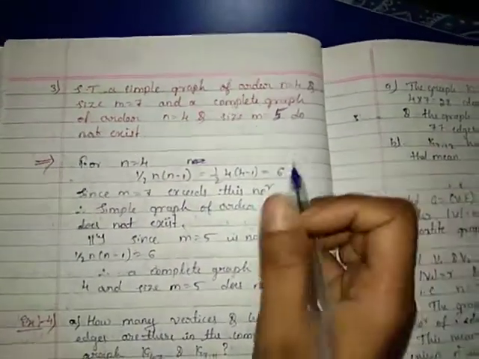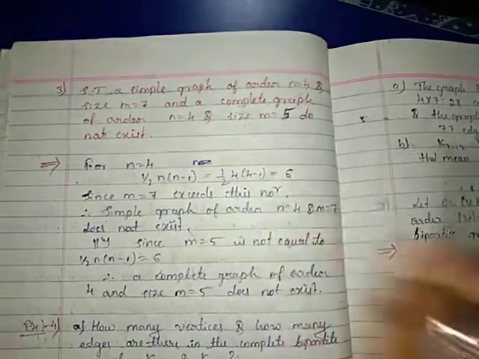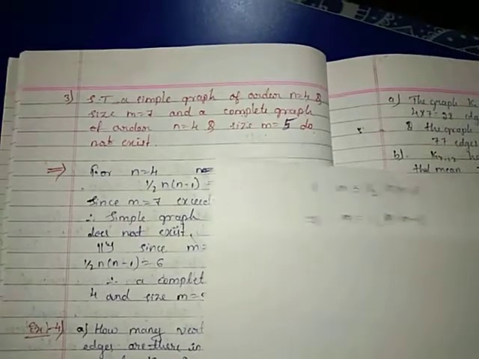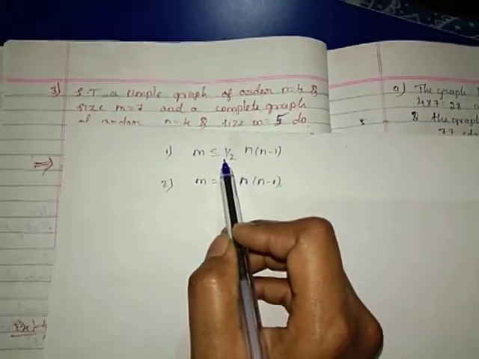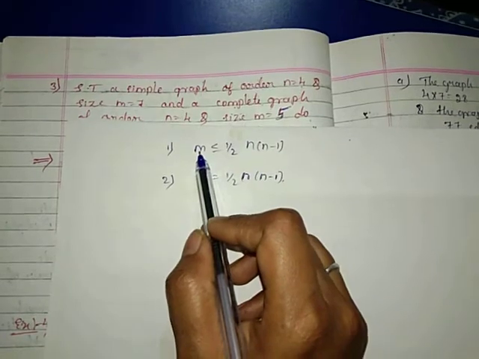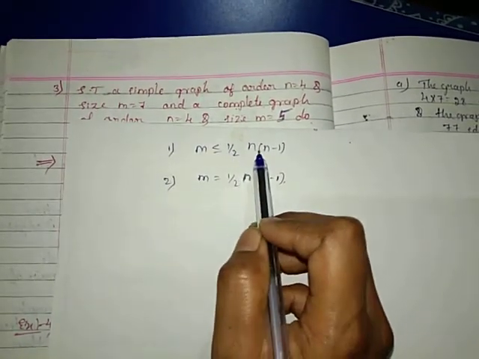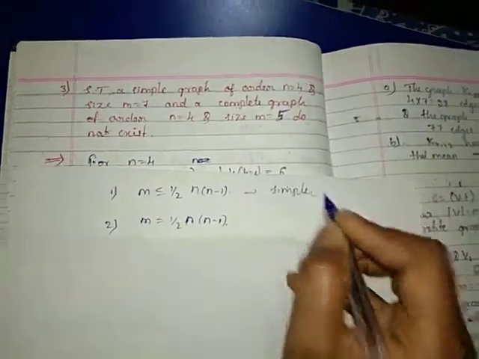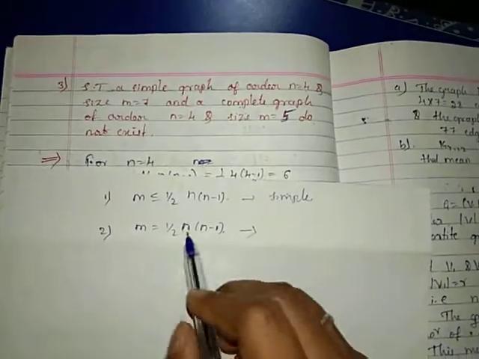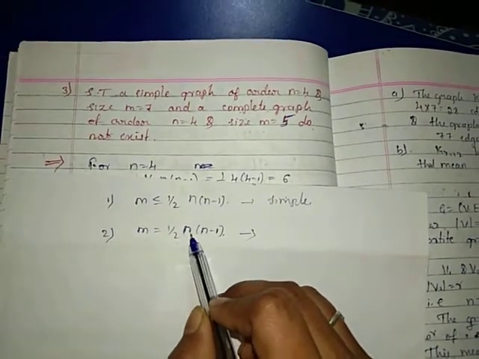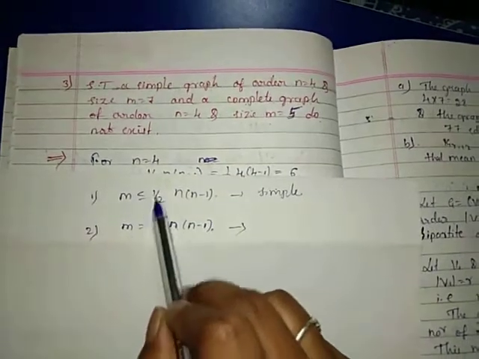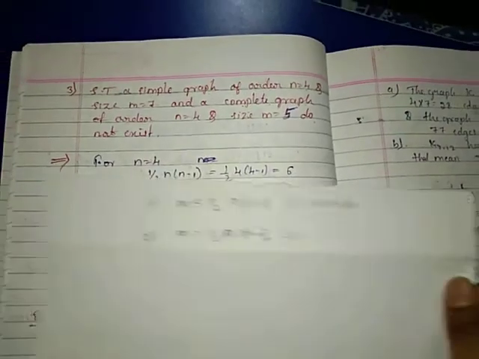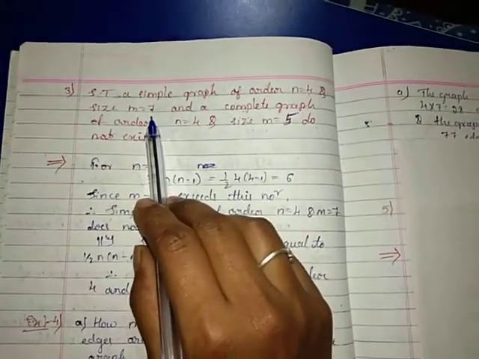So here, for the simple graph and the complete graph, there are some conditions that we have already discussed in the previous class in examples 1 and 2. For a simple graph, the number of edges m will be less than or equal to 1/2 n(n minus 1). For the complete graph, m equals 1/2 n(n minus 1), where m is the number of edges and n is the number of vertices. The same theory will be applied here. For the first one,